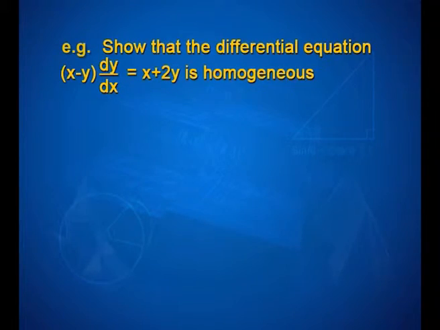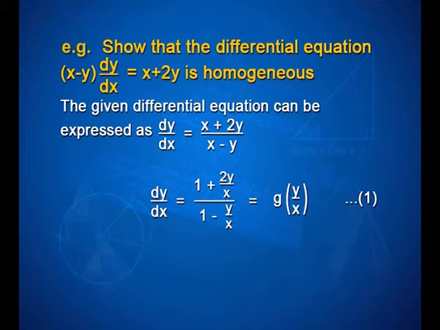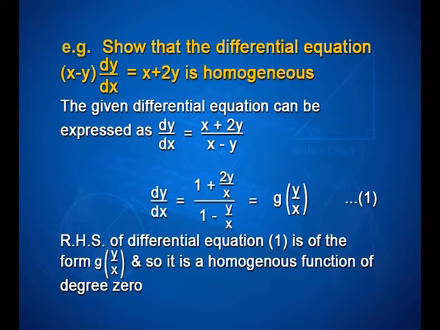Show that the differential equation (x minus y) into dy by dx is equal to x plus 2y is homogeneous. For the solution, the given differential equation can be expressed as dy by dx is equal to (x plus 2y) upon (x minus y). This can be written as dy by dx is equal to (1 plus 2y upon x) divided by (1 minus y upon x), which is obviously of the form g of y upon x. RHS of this differential equation is of the form g of y upon x, and so it is a homogeneous